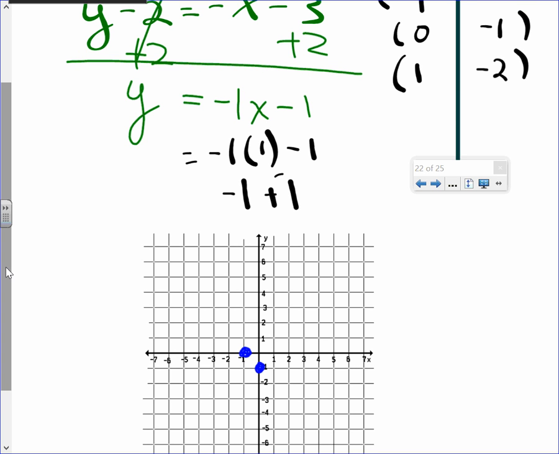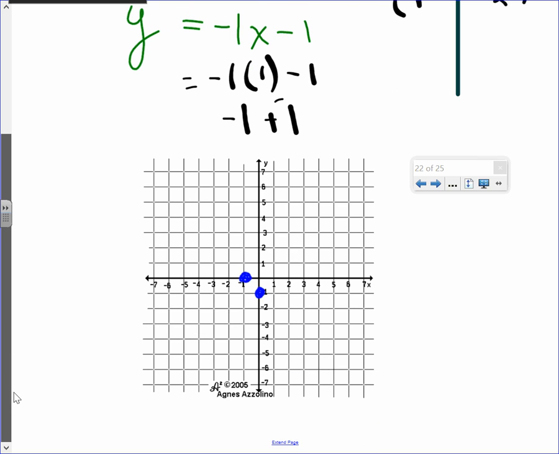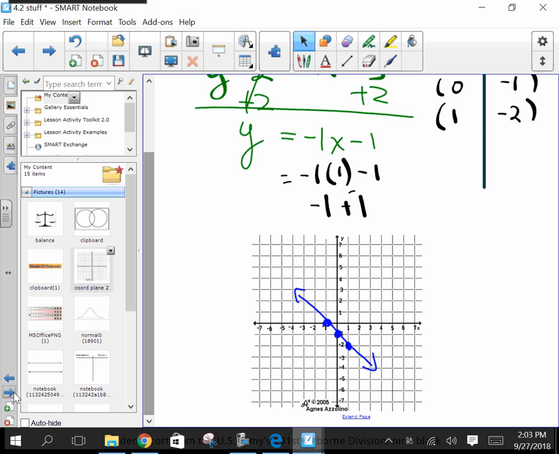I got 1, negative 2. I draw a line for those puppies. I put arrows indicating infinity. All the solutions of an equation. There's our line. Now, before I give you a break,